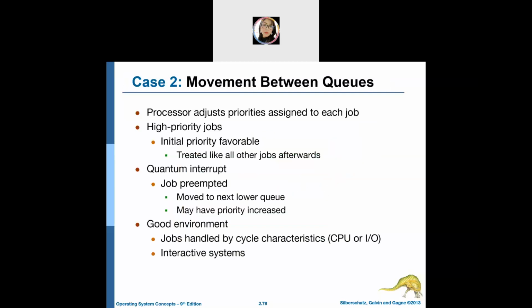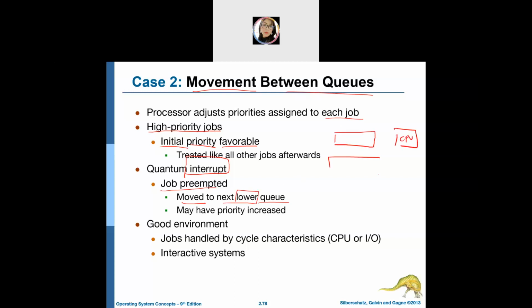Okay, while if you have another case, which is the method with movement between queues. The processor adjusts the priority assigned to each job, which is the high priority job. Initial priority is favorable, treated like other jobs afterward. Quantum interrupts can also occur. A job is preempted and moved to the next lower queue. It means that when you have the quantum,